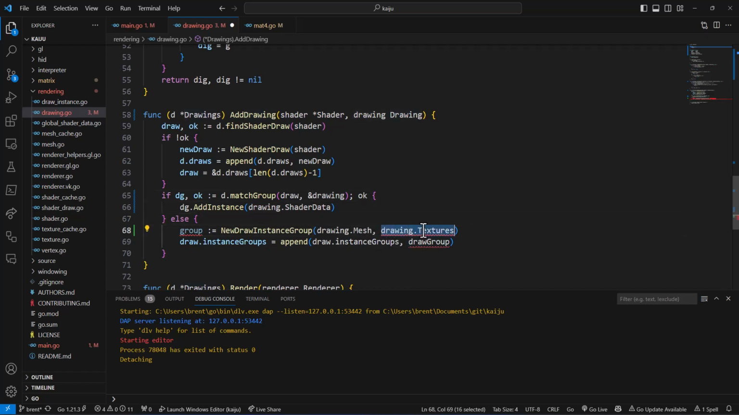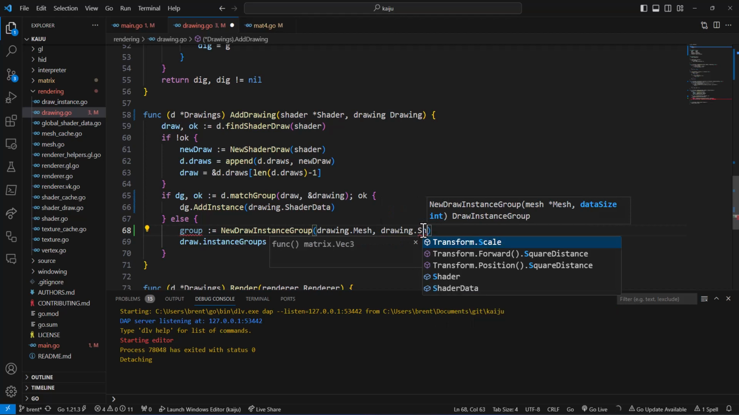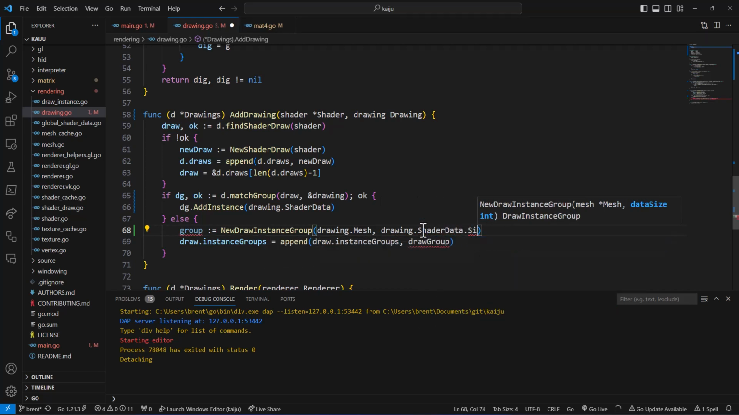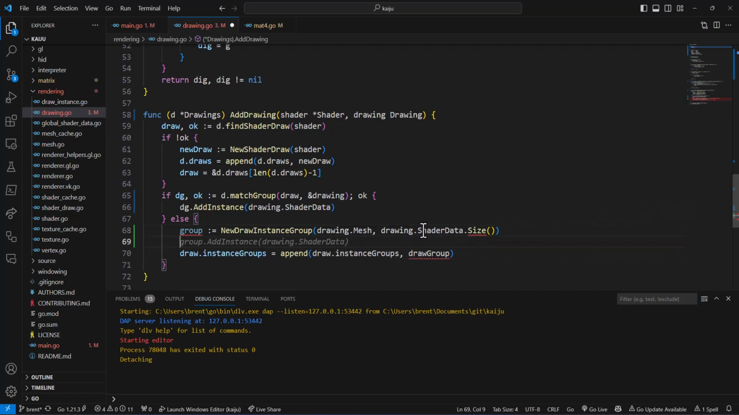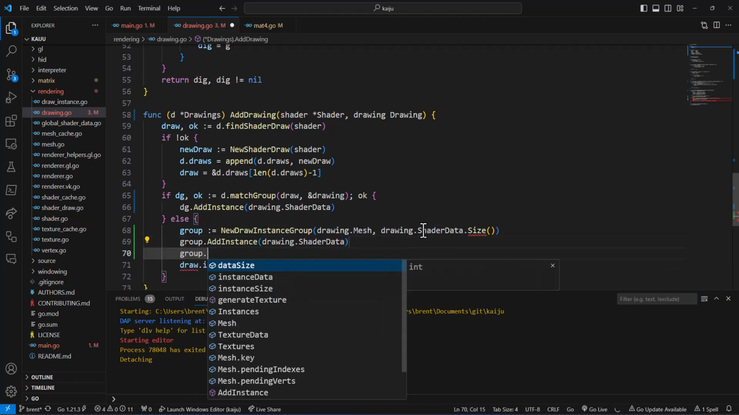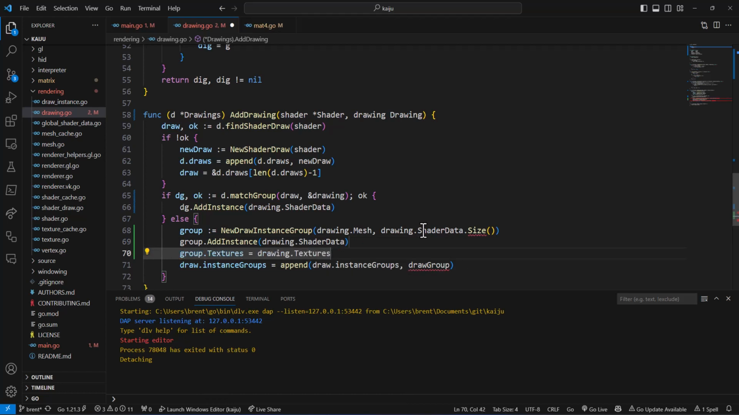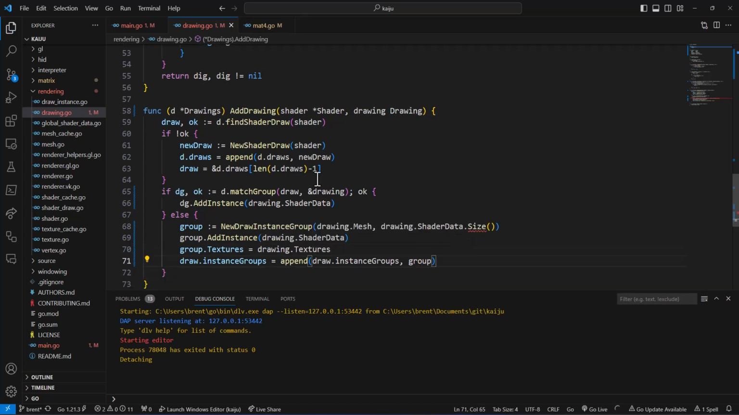And this second argument is going to be the size of the data found within this drawing. So I think we had a function and we removed it, but it's going to be drawing.shaderdata.size, and we'll set that up in a bit. Then we can say group.addInstance, add instance drawing shader data, group.textures is equal to the textures from the drawing, and then we're going to append the group to this. So that's pretty much all we need for this guy,